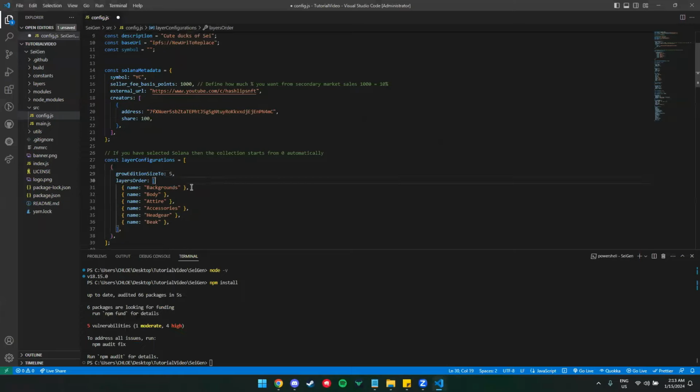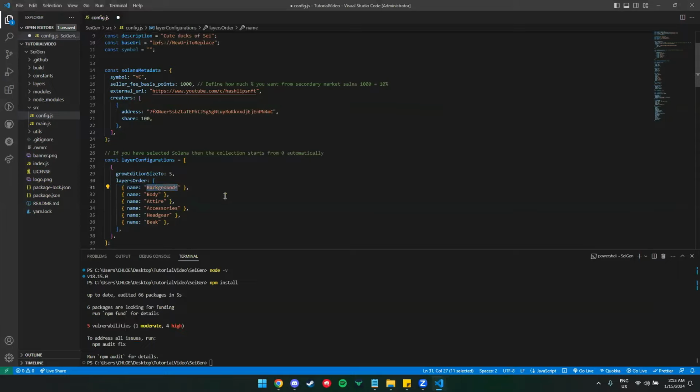And also on this layer, this is the layers order, as you can see. For the first line, this will be the last layer of your NFT image. So technically, the body will be on top of the backgrounds layer. The attires layer will be on top of the body layer.